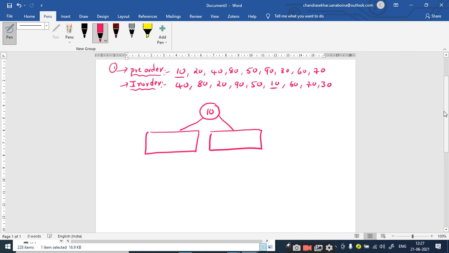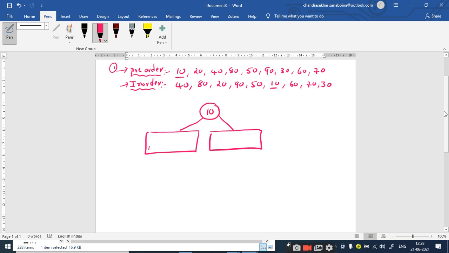You should carefully write the elements in the in-order as well as the pre-order, because in the left subtree you have to identify the root node, and for that you need the pre-order traversal.